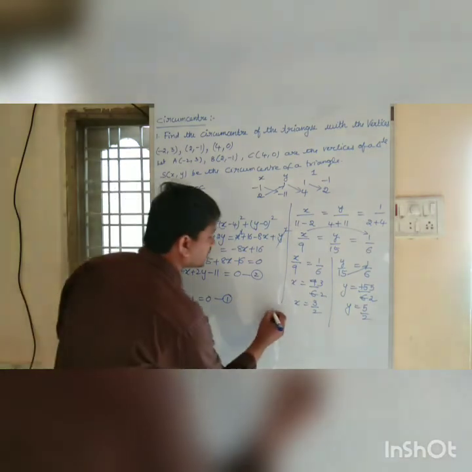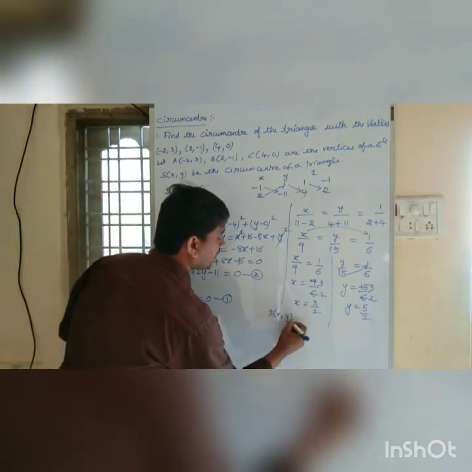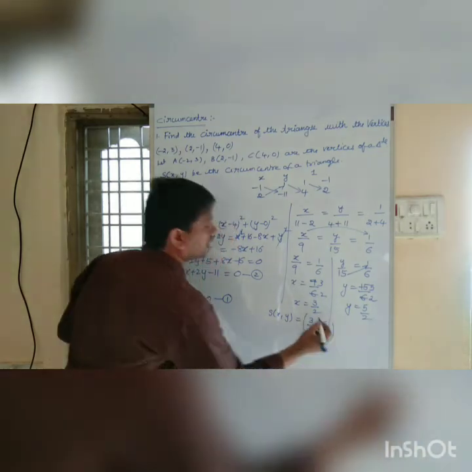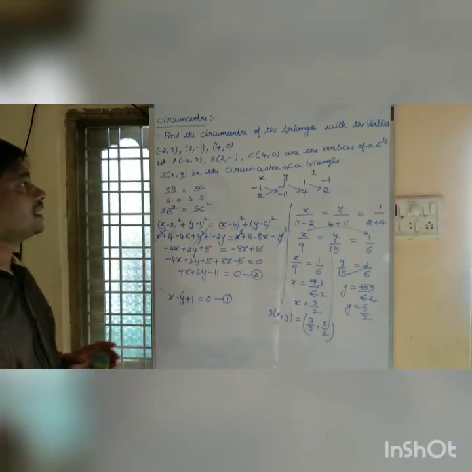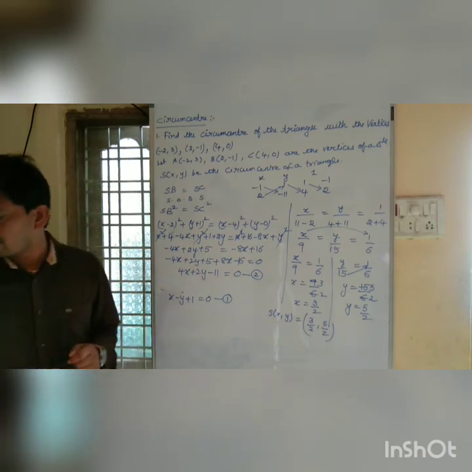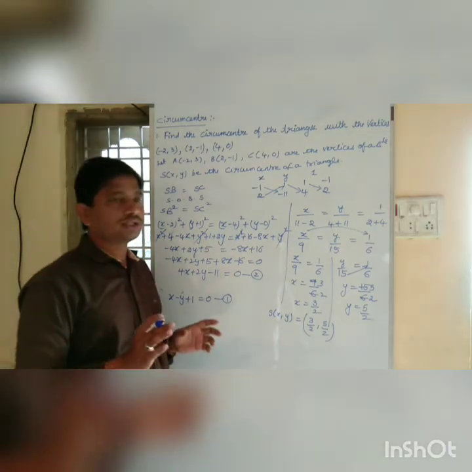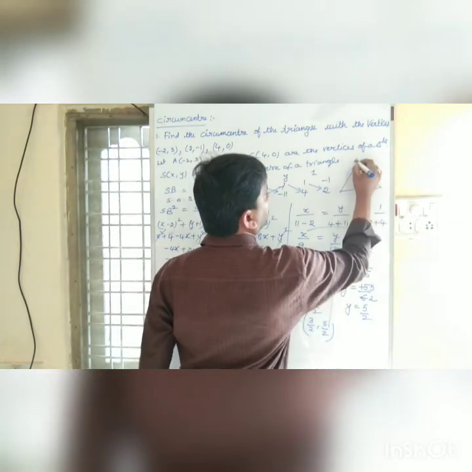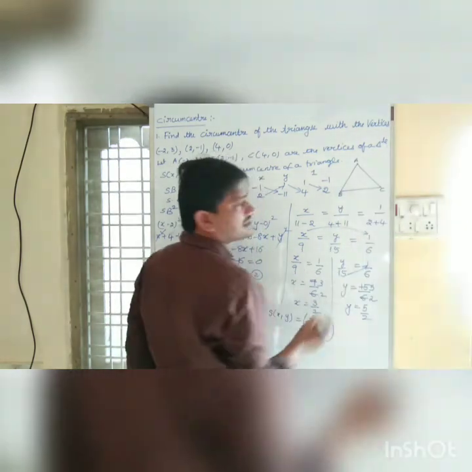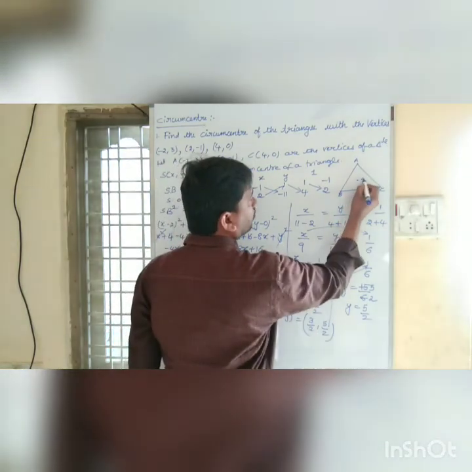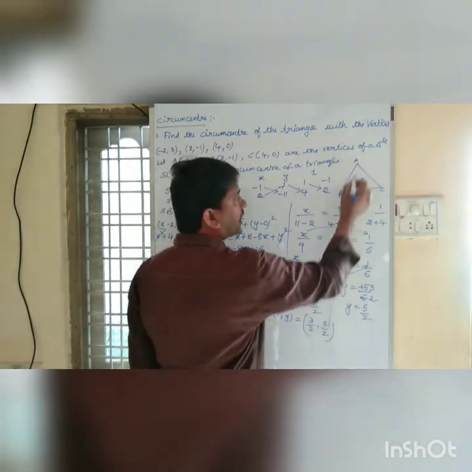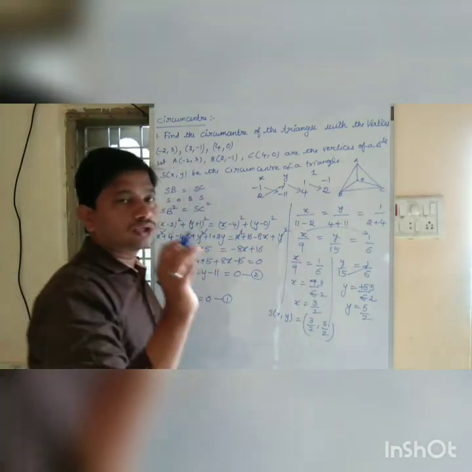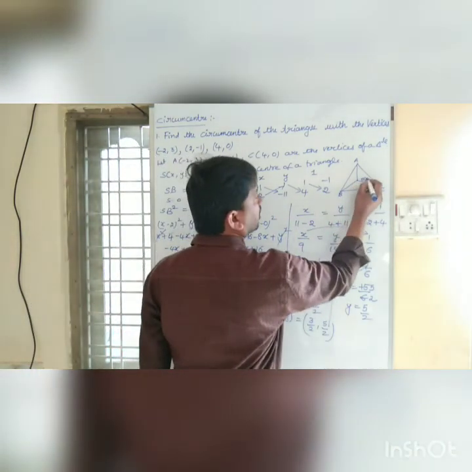So we got the coordinates of S, that is x comma y, which is equal to 3 by 2 comma 5 by 2. They are the circumcenter of triangle ABC. So what we did, children? Circumcenter in the sense you need to remember, A, B, C are the vertices of a triangle. S is the point of concurrence and the distances SA, SB, SC are equal. So there S is called the circumcenter of a triangle.